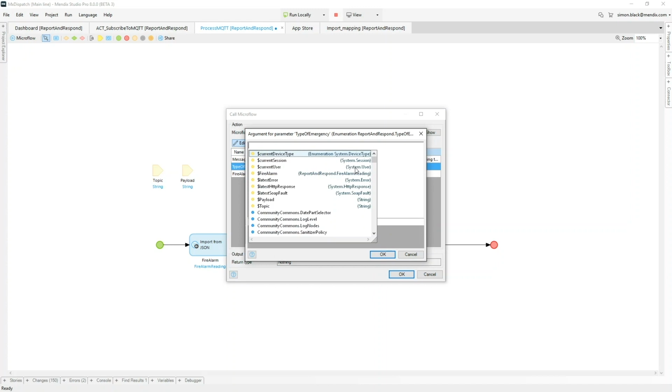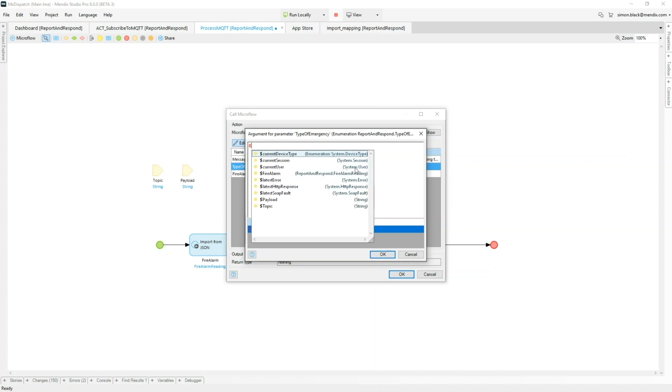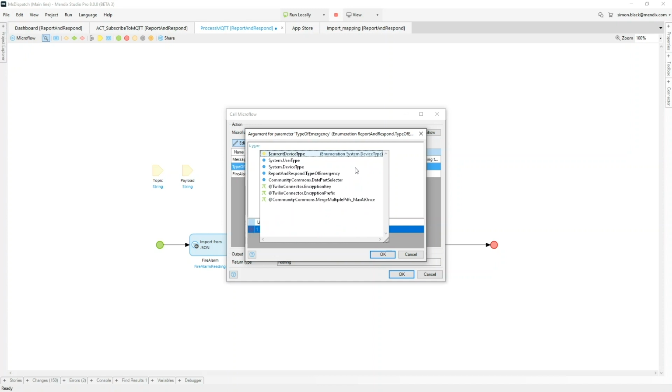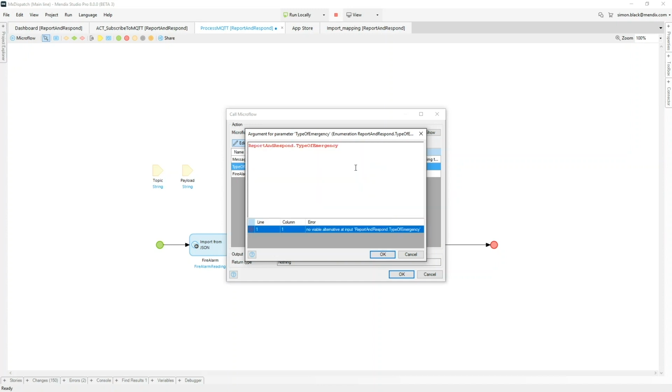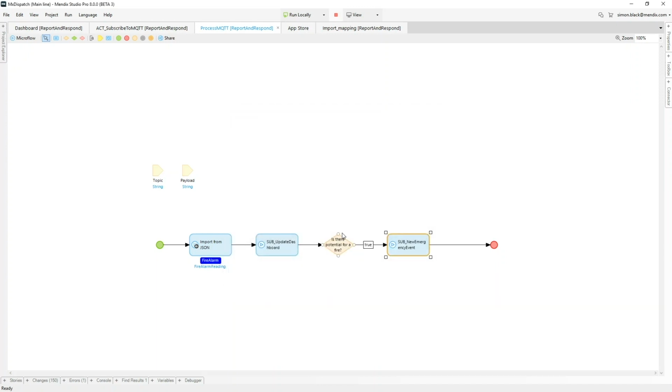In this case, it's going to be a fire. And then we just need to deal with the false line. And the false line, we're not going to do anything. We're going to ignore that information.